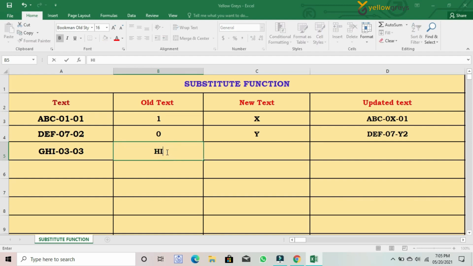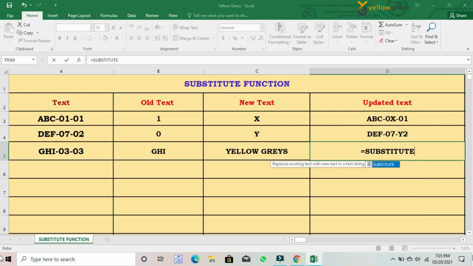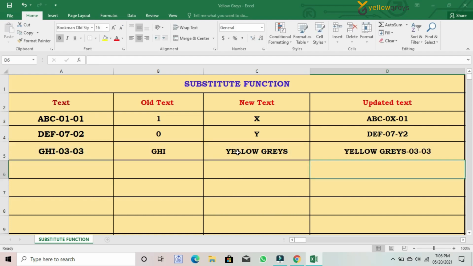I will take GHI and I want to change it to Yellow Grace, equal to substitute, open the bracket, select the cell reference of the text, comma, select the cell reference of the old text, then select the cell reference of the new text, close the bracket and press enter. See, it is not restricted to only specific characters like that. We can change 2 characters to 5 or 7 or anything. Like we can change from number to text, text to number.